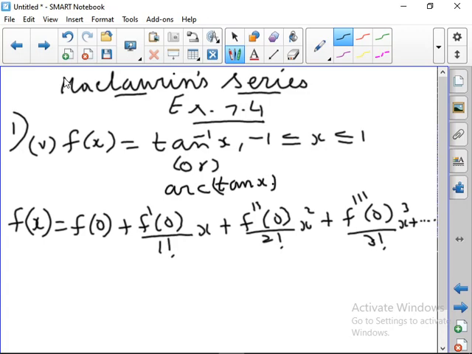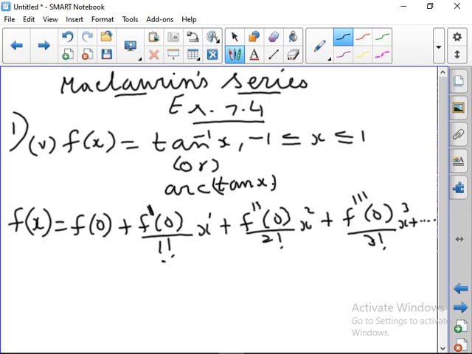So, I have told you how to remember. See this, 1 dash, only once it is differentiated and divided by 1 factorial, and here it is x power 1. Similarly f double dash, 2 times we are differentiating, 2 factorial x square. f triple dash, 3 times we are differentiating, 3 factorial x cube. So all 3 terms should be of the same pattern. Remember this. Now we will do the fifth subdivision.